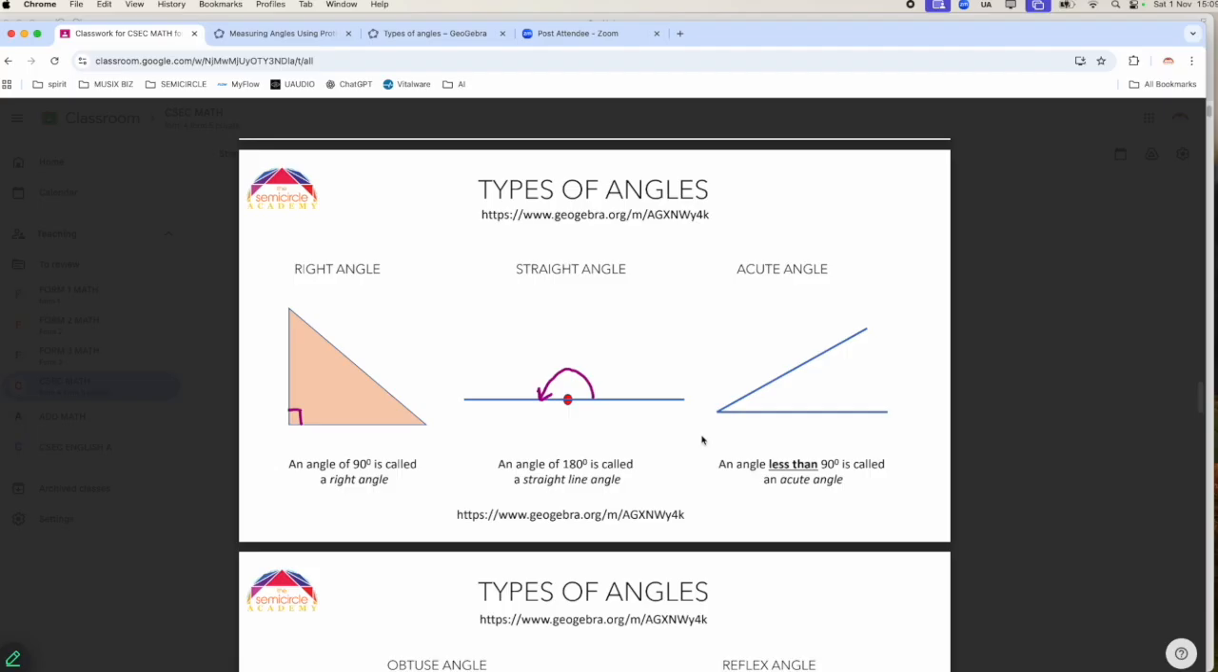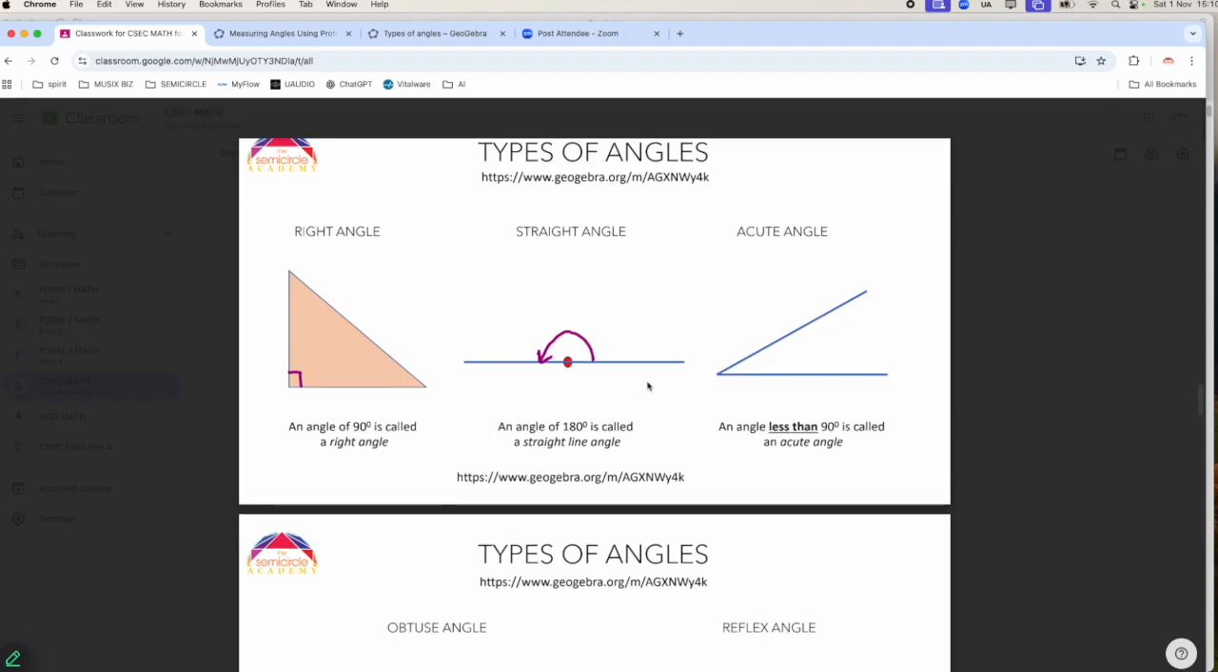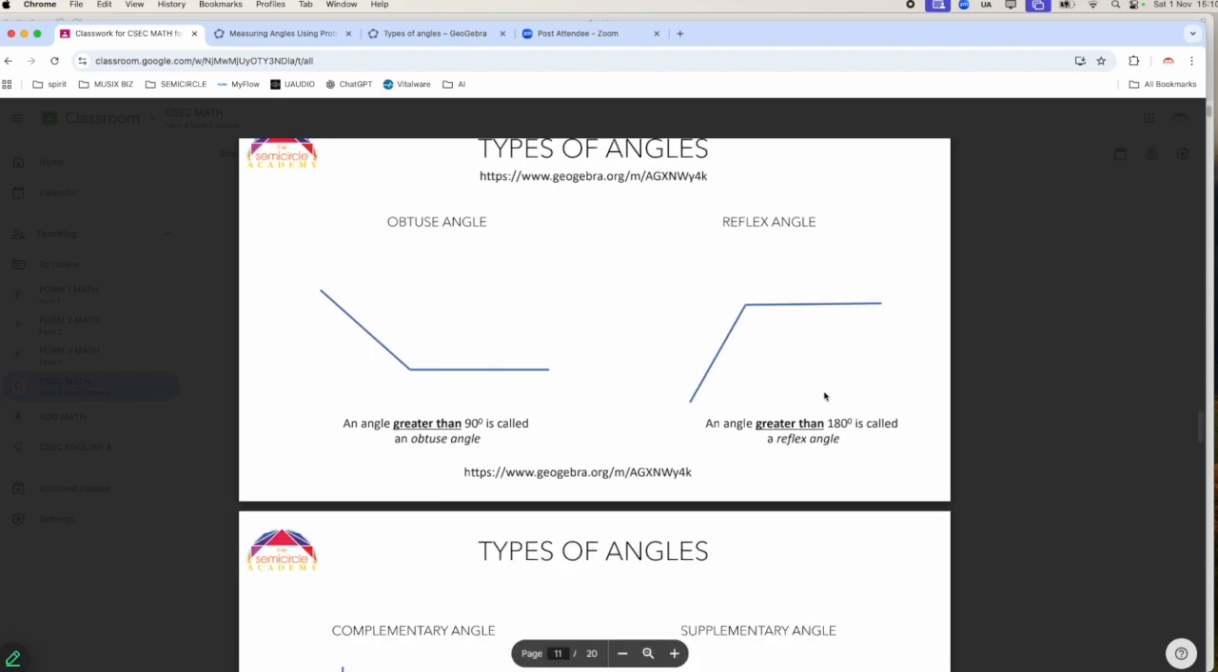Half of your paper depends on these following rules. Of course, you have a right angle. Just what is a right angle? The symbol for a right angle is this little symbol here. And then we have the straight line angle, 180 degrees, an acute angle, an obtuse angle greater than 90, a reflex angle, greater